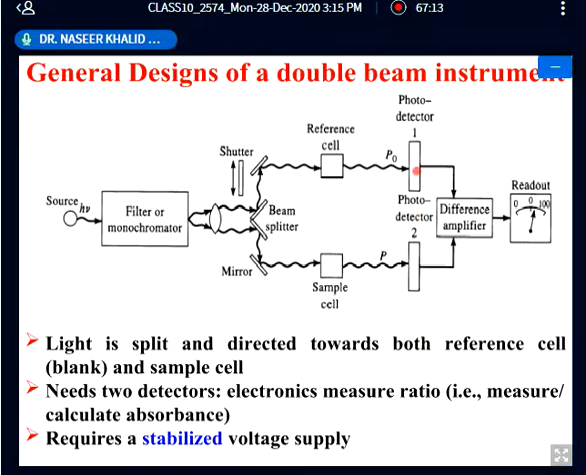So the reading will be a ratio of these, which are differentiated here, and it is shown in the detector. But the requirement is that we must have an equalized voltage supply. Always a very small change in the voltage can